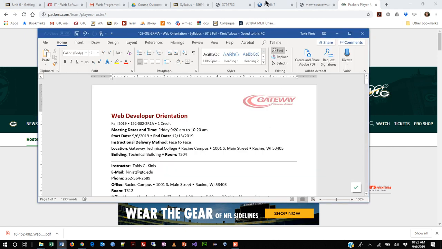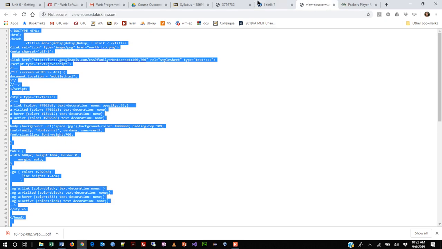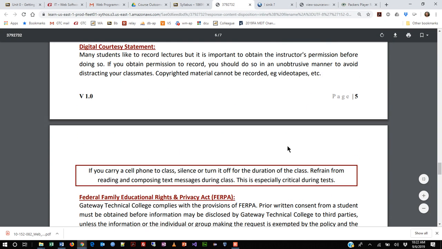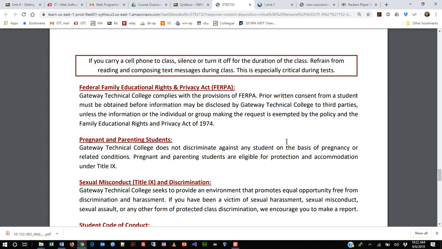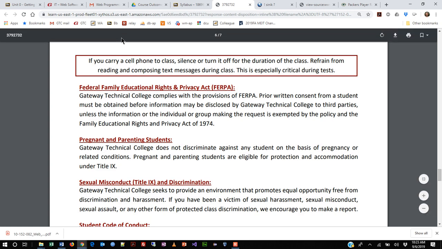All right, folks. Last little section. I'm going to scroll this way down. Do you guys remember what I said about cell phones in class the other day? What's my philosophy on them? I kind of don't care. Just don't spend your whole time on your phone like texting and,